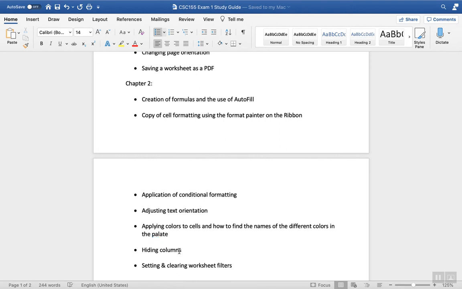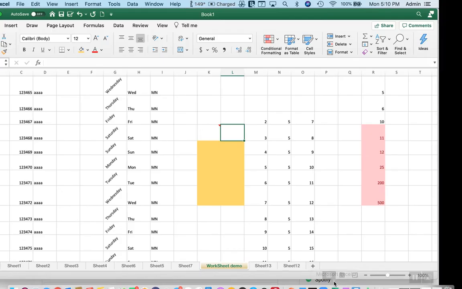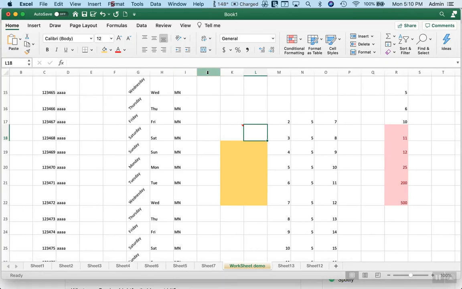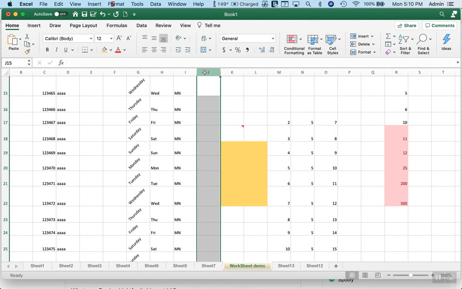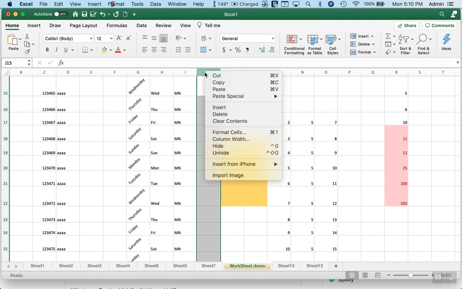Hiding columns, right? There's a couple of ways we can do this, but one way to do it would be to select our column, right click it, or control click, and we have a hide and we have an unhide. If I click hide,